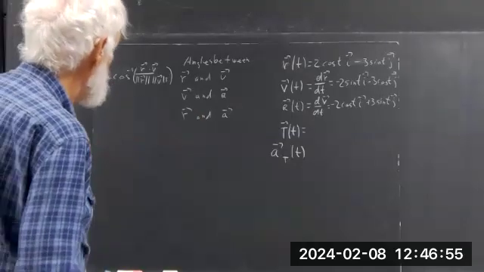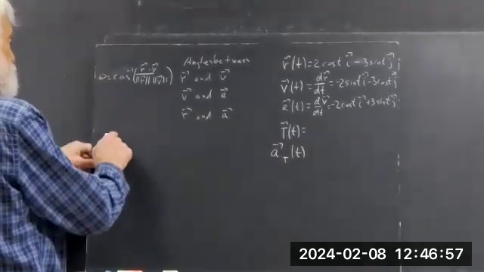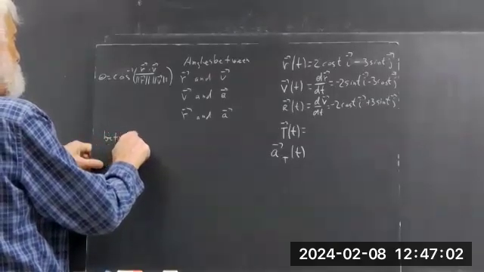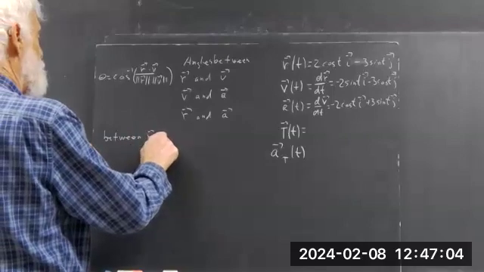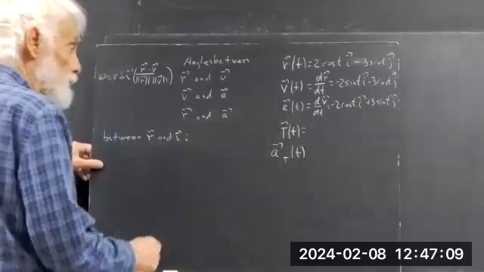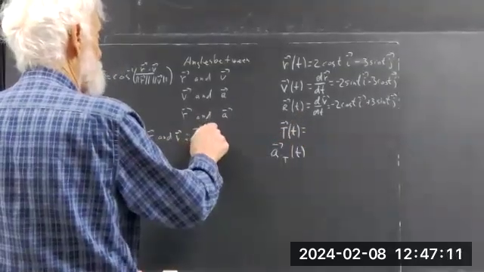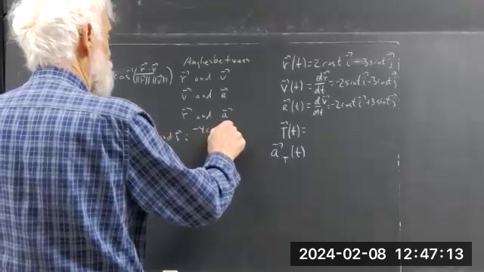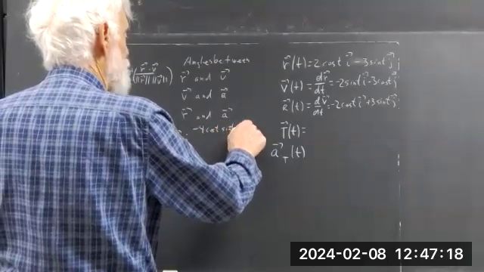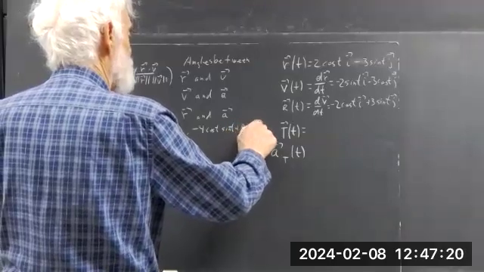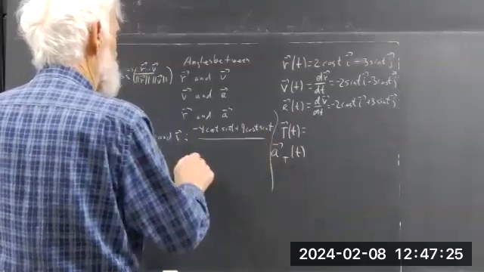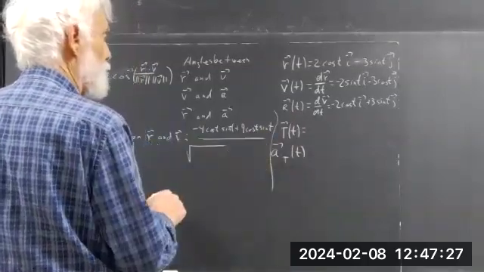Okay, so the dot product is −4 cos t sin t plus 9 cos t sin t, over the product of the magnitudes, the square root of